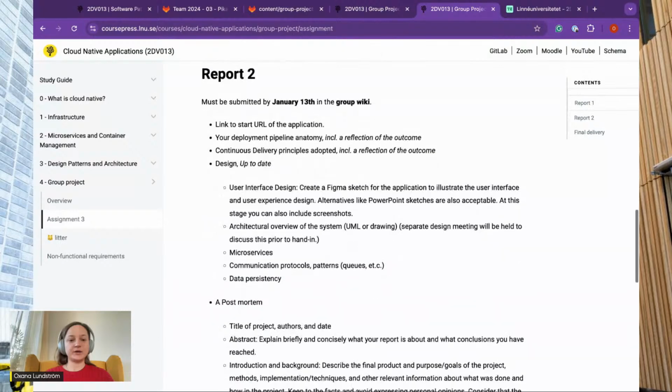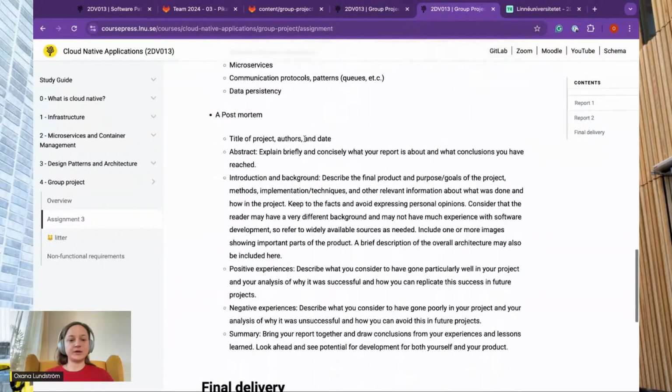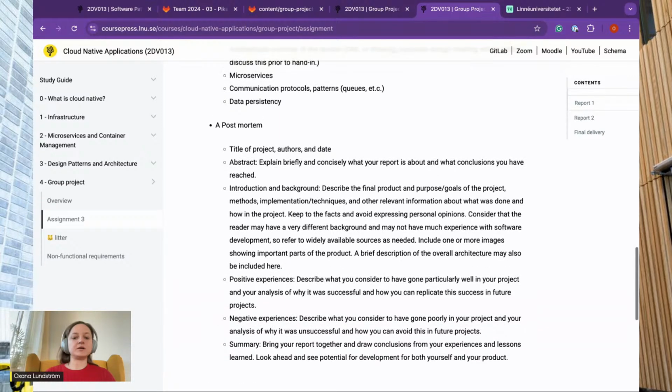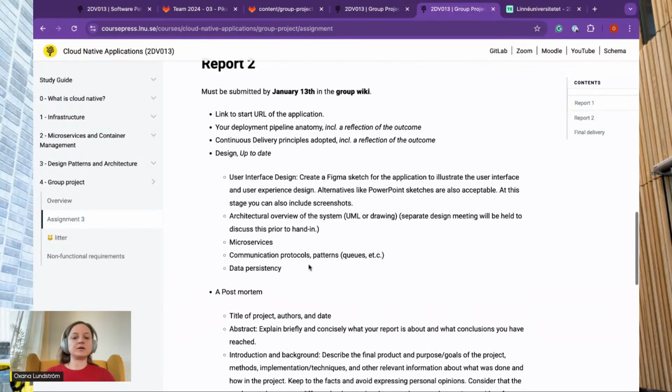So questions could be basically both your experiences of the project, right? So parts of the so-called post-mortem. What were your positive experiences? What were your negative experiences? And everything that had to do with the project planning, with things that went wrong. So basically, just to check that you actually have been active in your group, right? To talking about patterns that are used, how different communication protocols work, and so on.